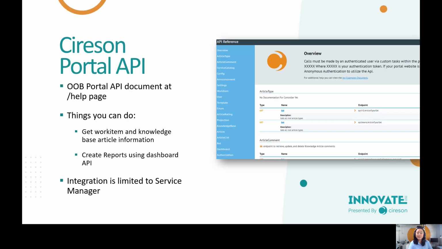So as mentioned, the Cireson Service Manager Portal has its own set of out-of-the-box portal APIs. Some of the things that you can do with this API are getting specific work item information or retrieving particular knowledge base information. You can also create charts or reports using the exposed dashboard API that we have.